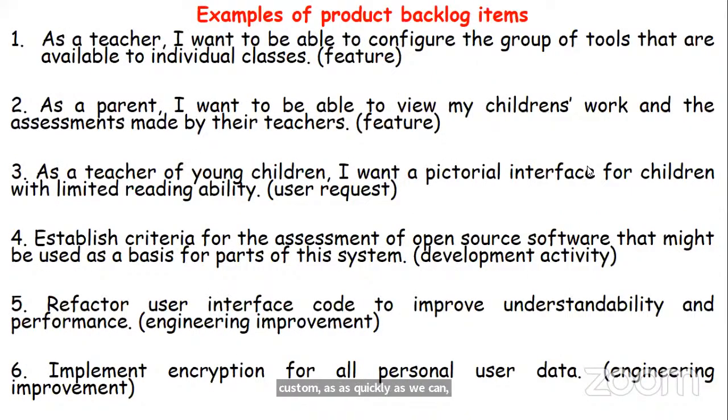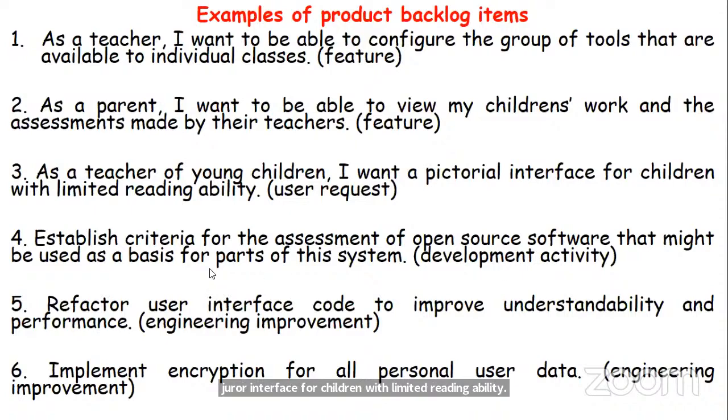So an example of a product backlog is as written here. As a teacher, I want to be able to configure the group of tools that are available to individual classes. That's an example of a feature. As a parent, I want to be able to view my children's work and the assessments made by their teachers. That's a feature. As a teacher of young children, I want a pictorial interface for children with limited reading ability. Yes, that's a user request.